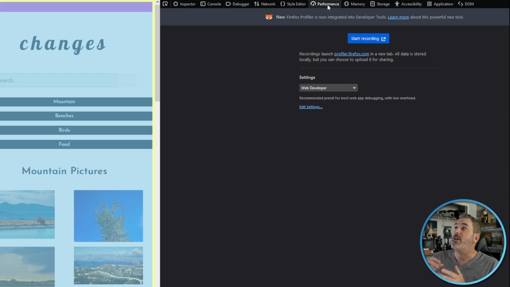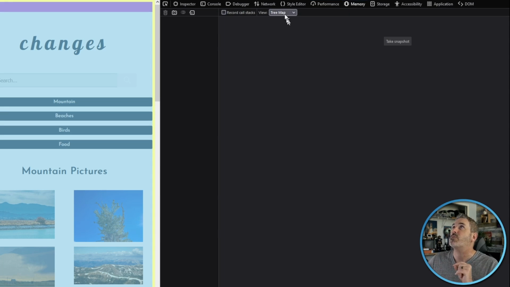And we don't get it built into Firefox, but we can add a plugin to get the same features that Google Chrome has, and then we'll have everything that Google Chrome has, plus the developer tools for Firefox, which is just way awesome. I'm not going to go into the performance too much, but we can do a lot of the things in here that we can do in Chrome. And like I said, we can add that plugin. We got some memory tools, which is really super cool. That lets us aggregate and group different calls and functionalities in here,